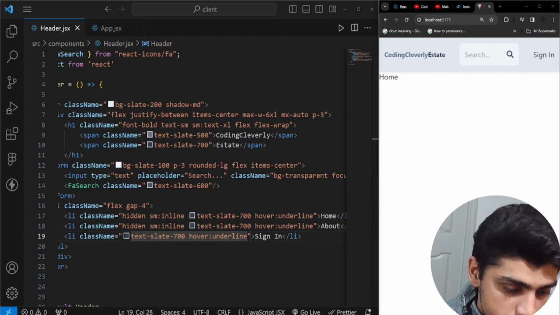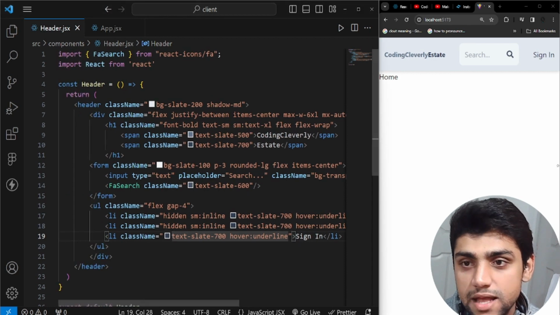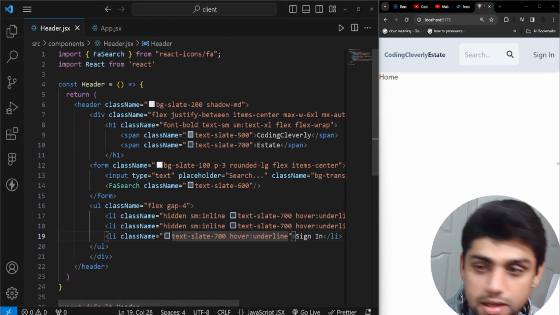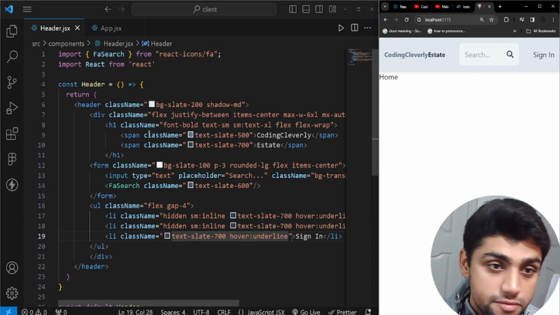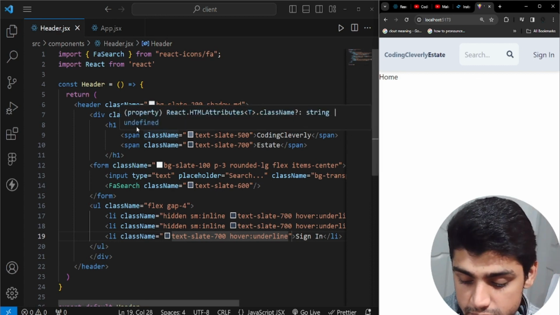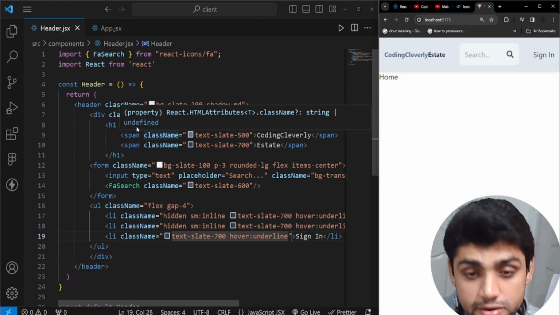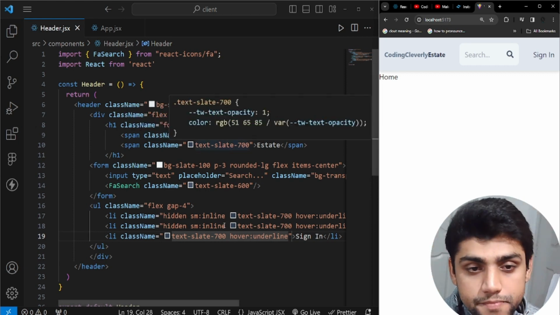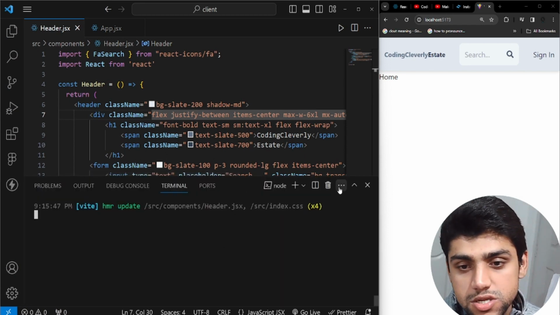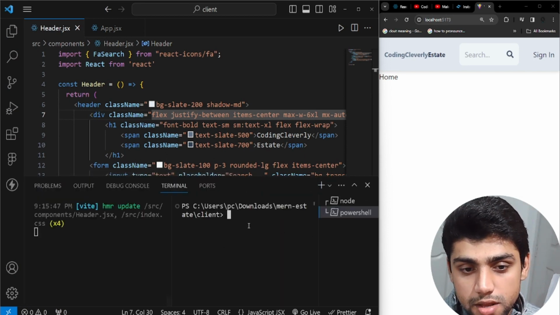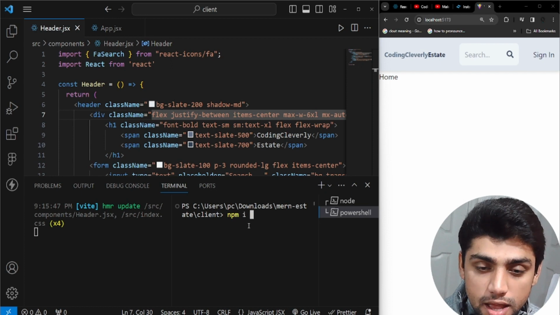But other than that, it looks pretty nice, pretty neat. Let's now add the effect where, once we click on something, it takes us to the sign-in page, or to a different page. For that purpose, we're going to have to import another dependency. Let's add it here, split screen, and I'm going to run npm i, and this is going to be called